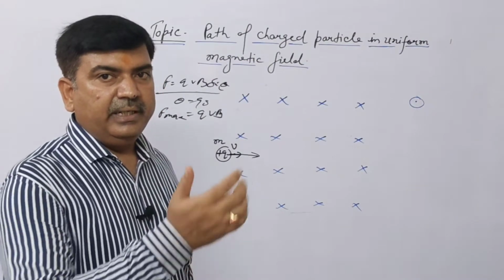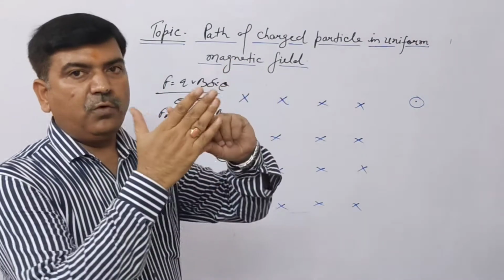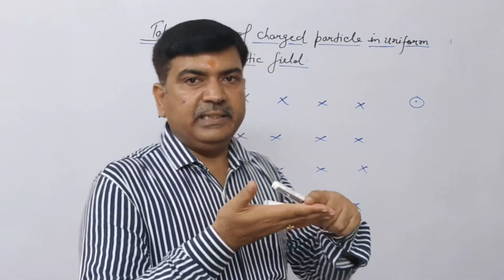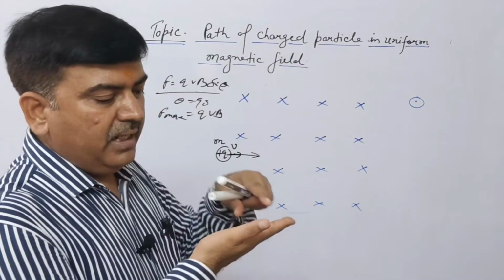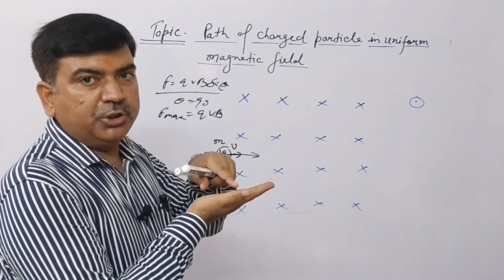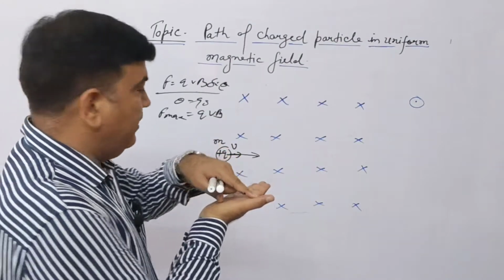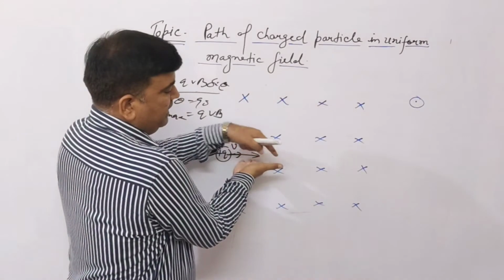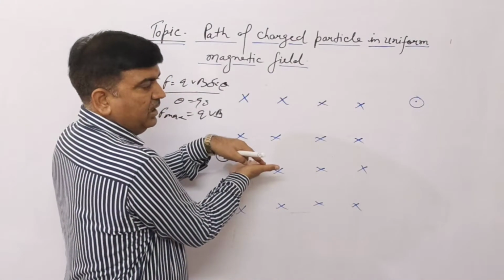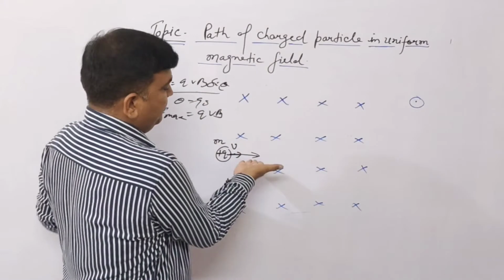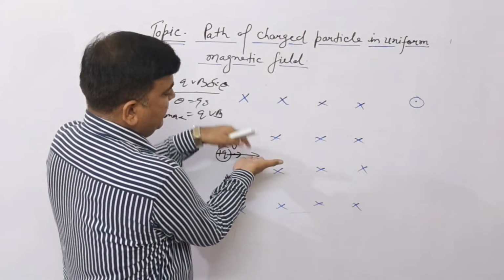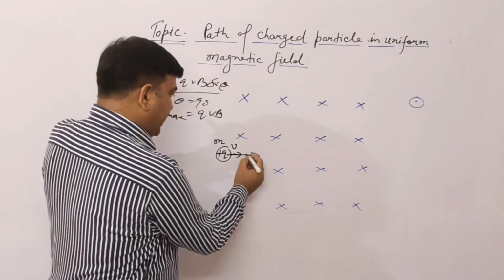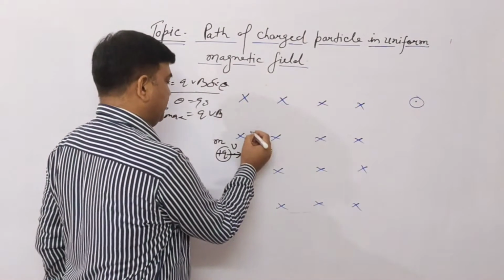How can I apply the right hand palm rule number 2? According to the rule, the forefinger and thumb are perpendicular to each other. The forefinger indicates the direction of the magnetic field, and the thumb indicates the direction of motion of the positive charged particle. Just see, the forefinger points into the board and the thumb points in the direction of motion of the positive charge, which is the direction of the current. Then the direction of the palm indicates the force on the charged particle, so the force is applied in this direction.